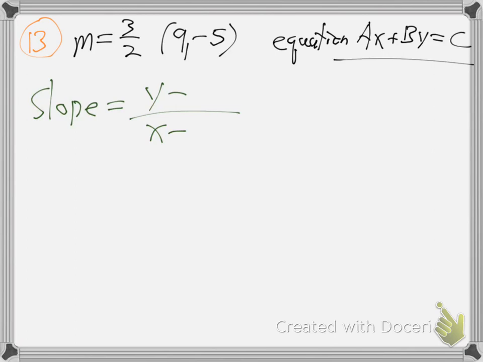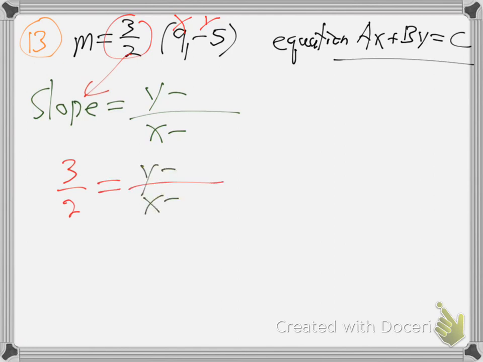To plug the stuff in. Yeah, this is an x value, and this is a y. So put the slope in, right? M means, I don't know what M stands for, but it's the slope. So 3 over 2 equals